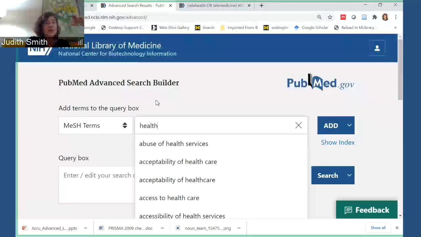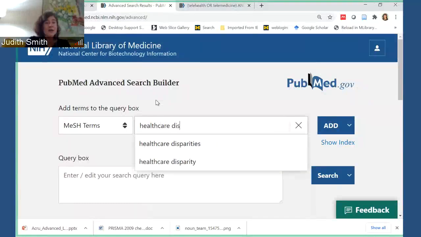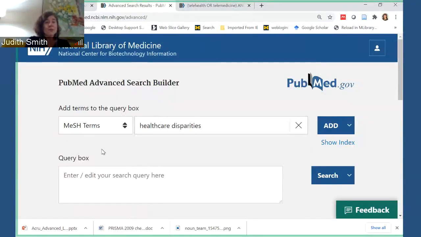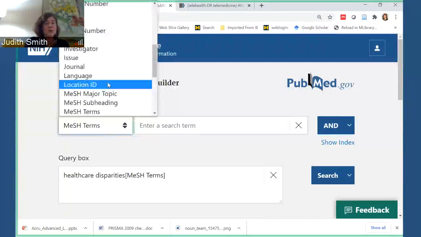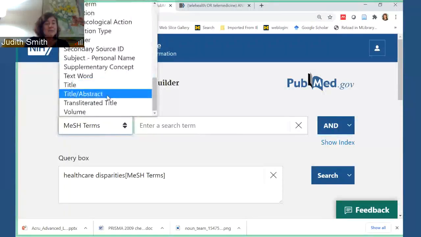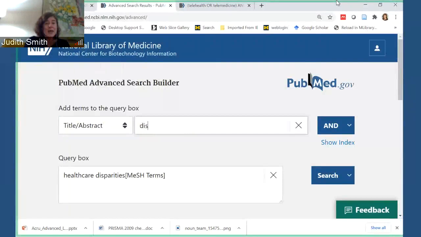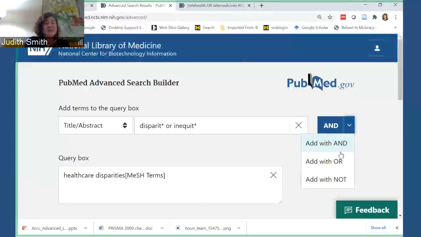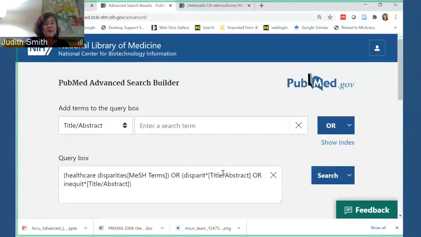Apologize for that. So just say I want to save this concept block. I could call it telehealth. And right now, I don't want updates of new email results because this is just one block. And then I can save it. And then what it will do is if I ever want to run this search again, I can go up into my workspace and I can run the search. So it's easier to have discrete search blocks to edit than to edit it all at once.